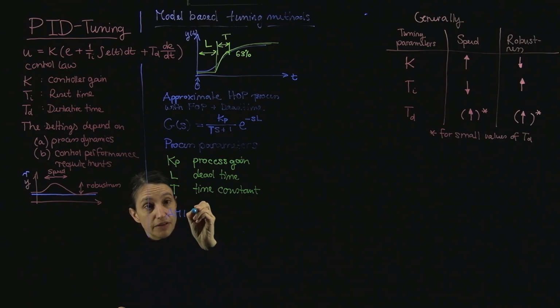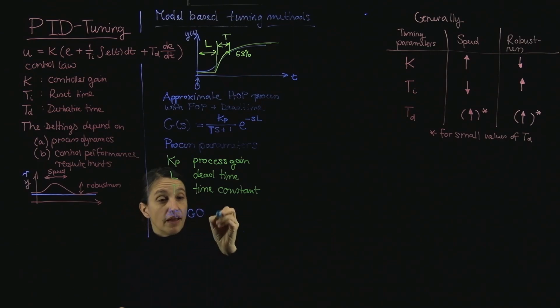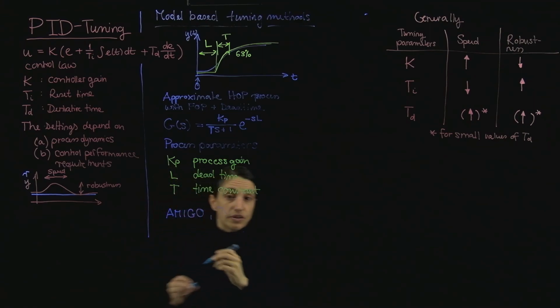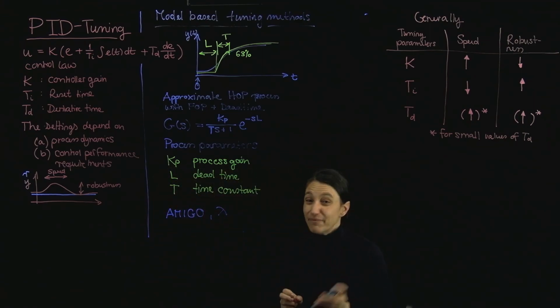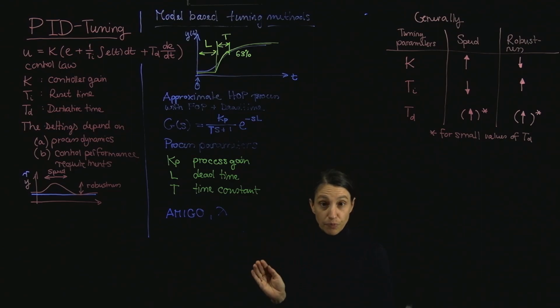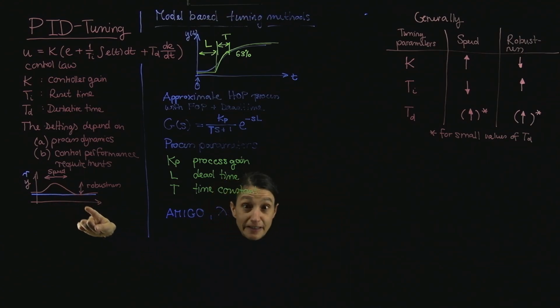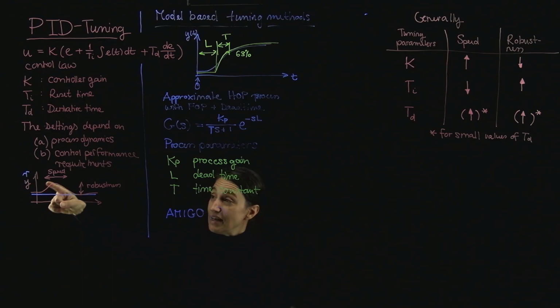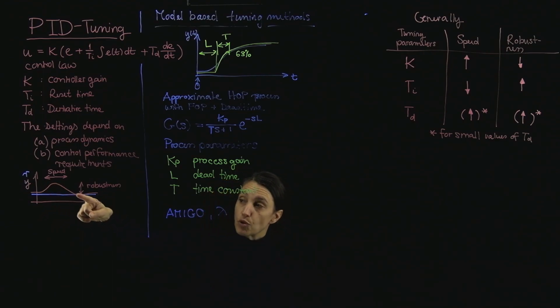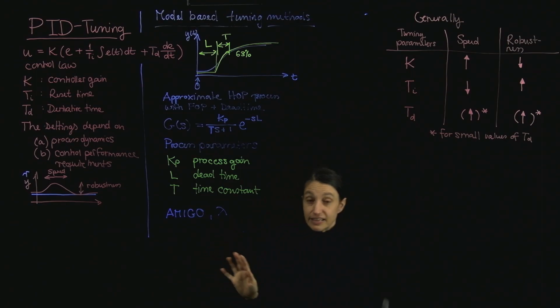One is called AMIGO, and the other tuning rule is called Lambda. Arguably the most famous tuning rule is the Ziegler-Nichols tuning rule, and that is not appropriate for the process industry because they have optimized the tuning for a disturbance reduction in robustness of 25%. That means I am allowed to have an undershoot here of 25%, and that is not acceptable if you're controlling